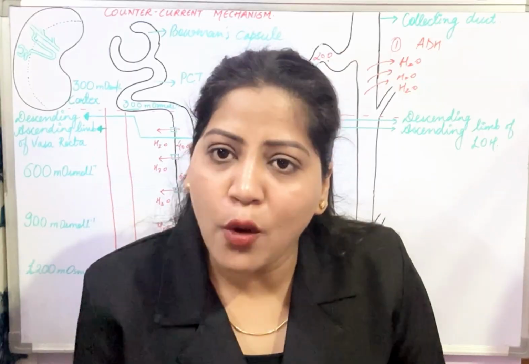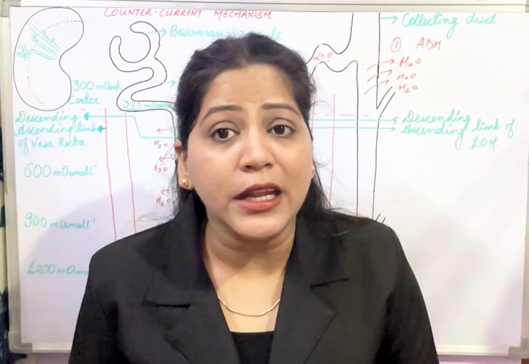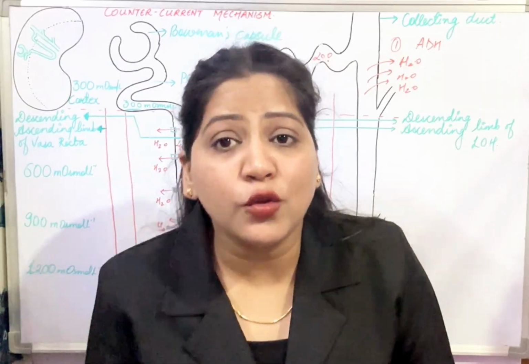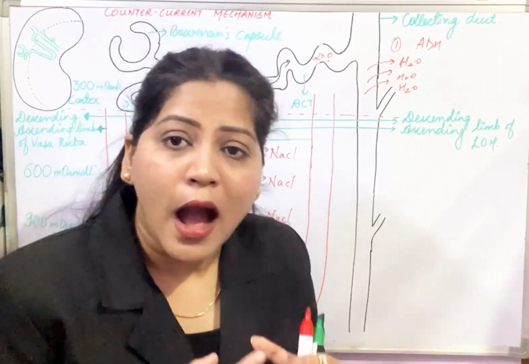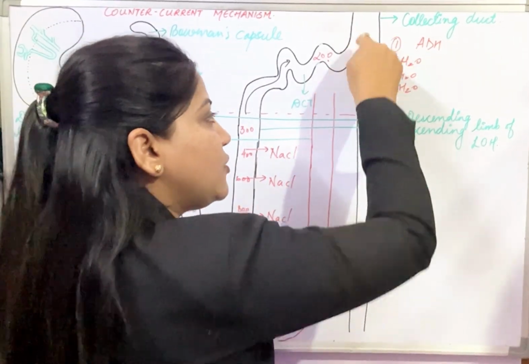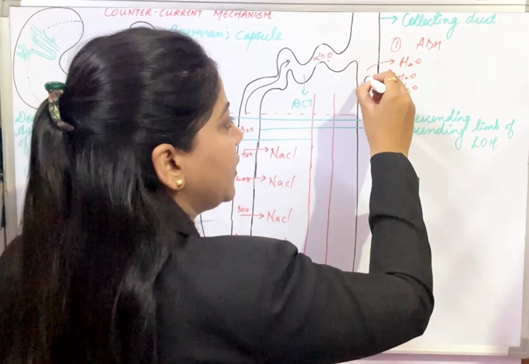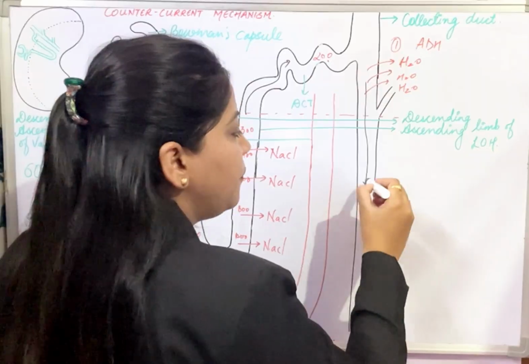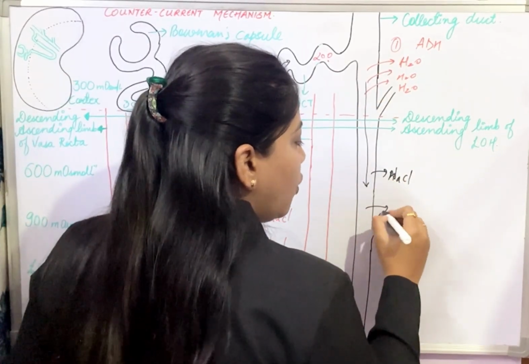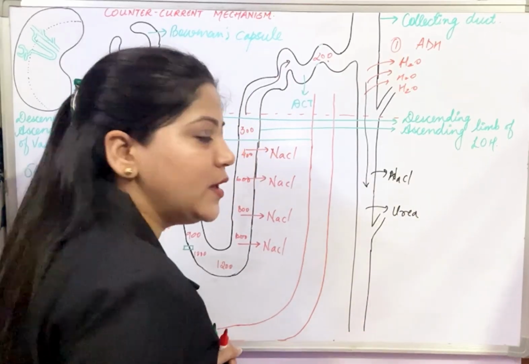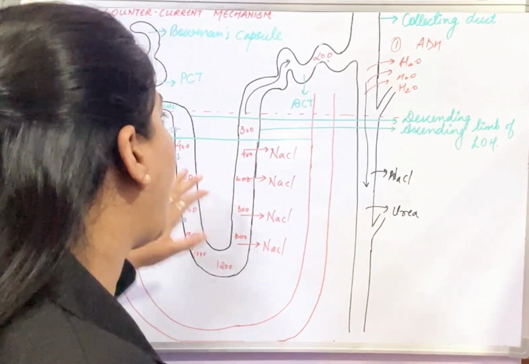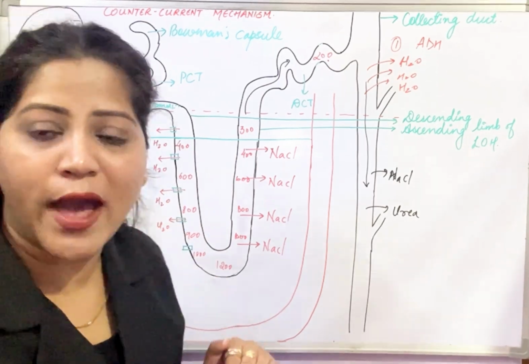What will happen? Of course, the concentration gradient again will change. The osmolarity will again increase and thus produce hyperosmotic or concentrated urine. Right? Now, from this region, when the filtrate is moving down here in the collecting tubule further, more NaCl will move out, more urea will also move out of this portion of the collecting duct. Right? So this is what is actually happening in the descending limb of loop of Henle.